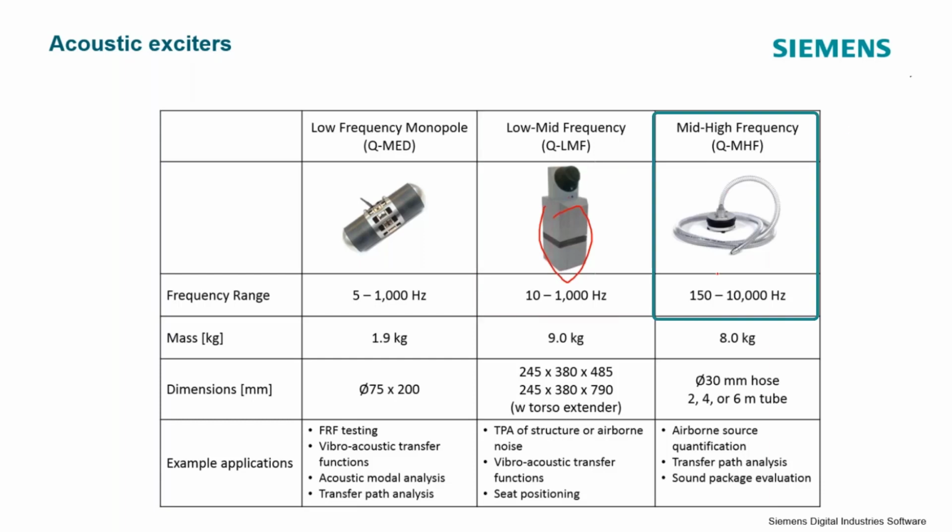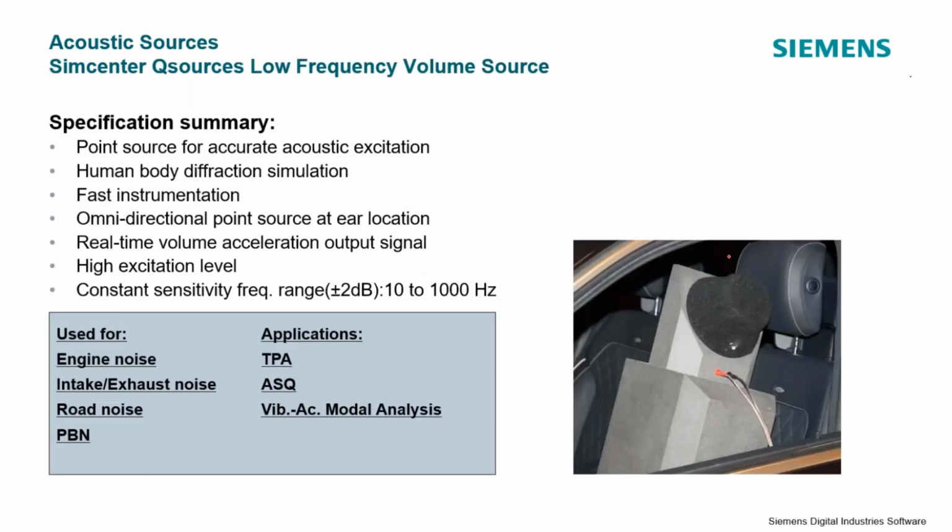And then the mid-high frequency obviously gets you up in the higher frequency range, also very, very high level. But ultimately, it's always a point source, and that makes it very convenient with this tube design. You can put this at the tailpipe, at the driver's ear, at a tire patch, anywhere around the engine or alternator or cooling fans, anywhere you want to generate an acoustic force. This guy can go basically anywhere and allow you to be very flexible with how you measure your transfer functions. So this is the low mid frequency, again, very high level of output.